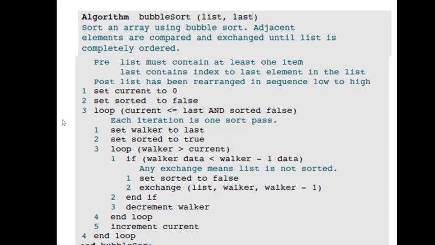This is the algorithm. So the algorithm has got two loops. Loop current less than last, current less than or equal to last, and sorted false. So until you complete the sorting, until current is less than or equal to last, we have to repeat. So set walker to last. Walker is set to the last element, and set sorted to true.